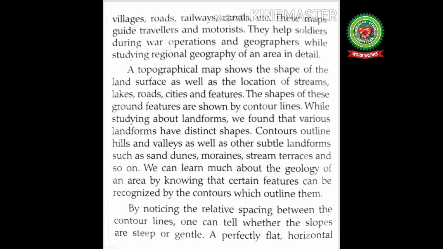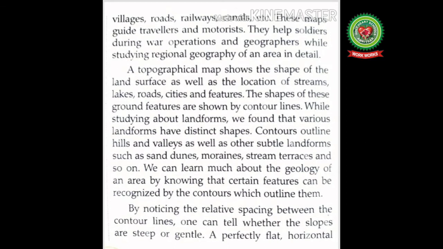Contours outline hills and valleys as well as other subtle landforms such as sand dunes, moraines, streams, terraces, and so on. We can learn much about the geology of an area by knowing that certain features can be recognized by the contours which outline them. By noticing the relative spacing between the contour lines, one can tell whether the slopes are